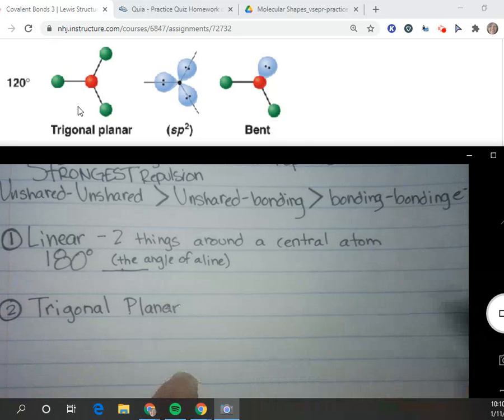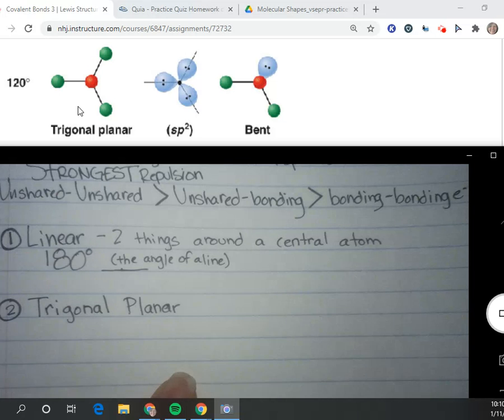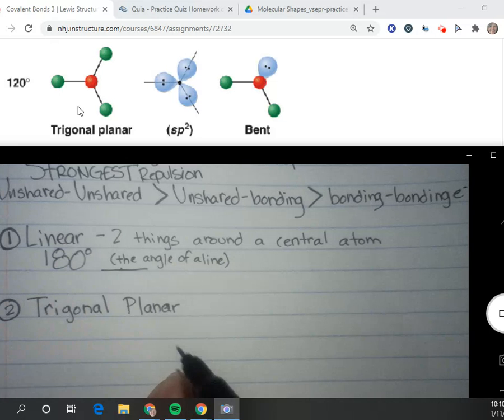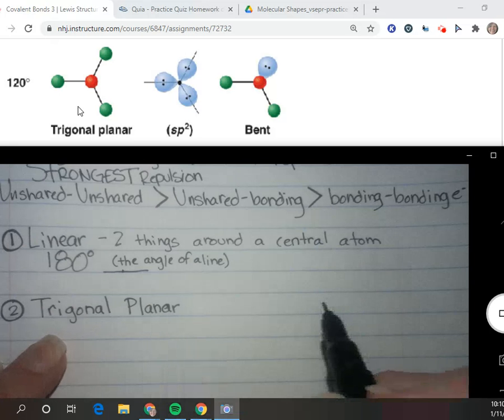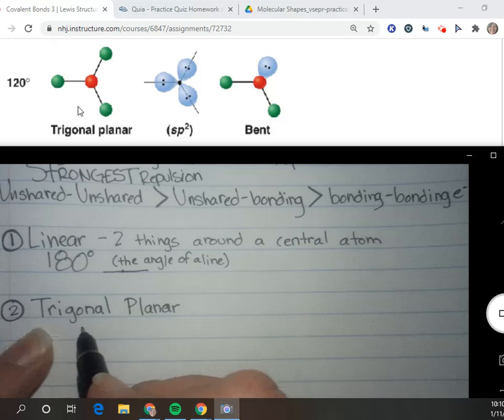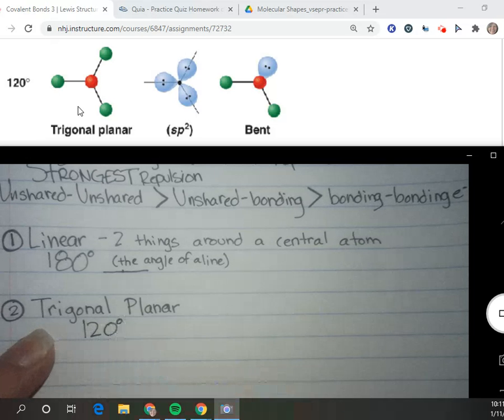But if I have the plane that I'm looking at, or if I plane wood, I make it really flat on one side, right? So 3 things that are flat is basically what this means. And we'll kind of look at this with this picture. We can see in our picture, it's 120 degrees. If I'm looking at the picture that's right there, these things kind of lay flat all the way around the